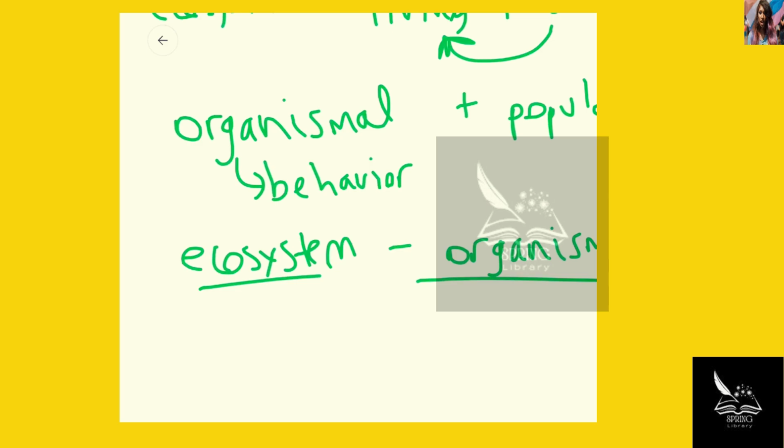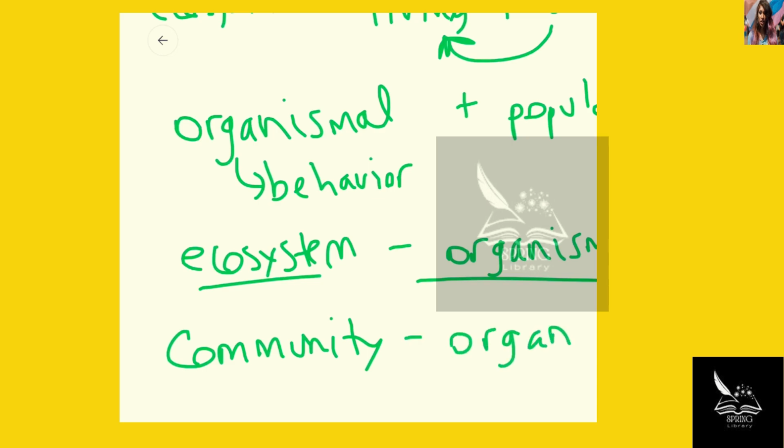Let's just do one that might be more difficult. If someone's looking at, as a community ecologist, all of the populations in an area, to work with an organismal ecologist and to look at a specific behavior is not going to be as helpful to them. They're looking more at a big picture thing, and this person's more focused on the small picture.